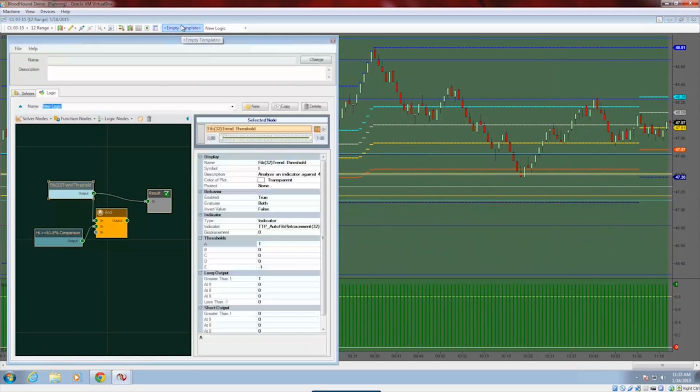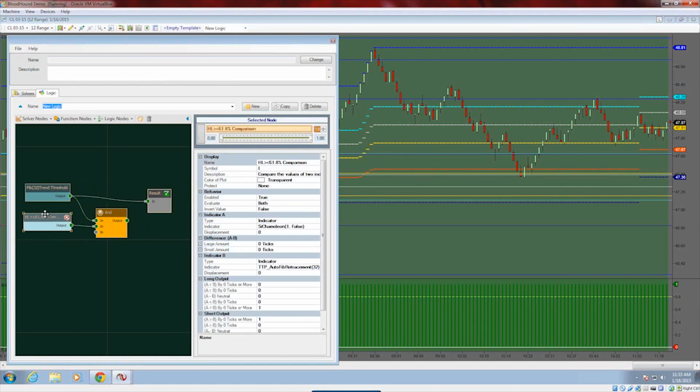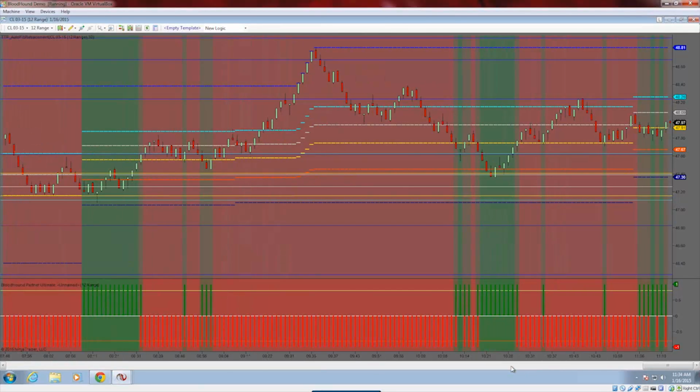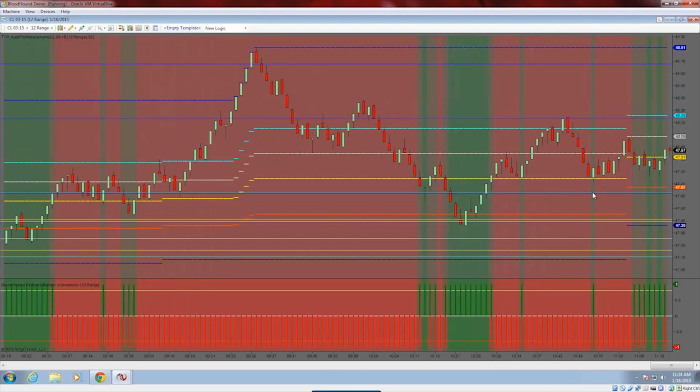And then the next one that we built was the comparison solver, where we're looking for, is the low of the bar below the 61.8? If it is, give me a long. If the high of the bar is above the 61.8, give me a short. So you see what that does, and let's just take this a little bit further, which will be a condition that we'll probably use later, but let's say,